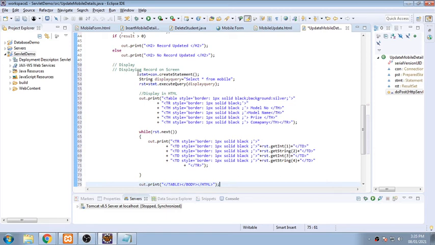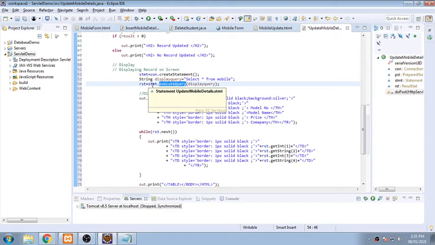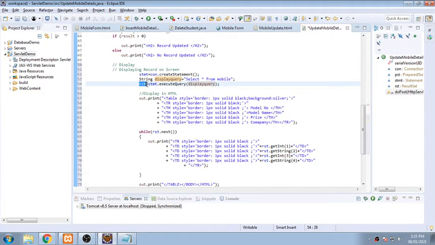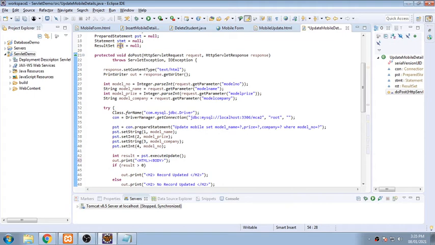So now what is there in this display? The statement object I have created, that is statement is equal to con.createStatement. I will be firing a query, that is select star from mobile, and this query will be executed using the executeQuery function, that is statement.executeQuery, and the query will be passed as a parameter to this function, and it will be returning a result set, that is RST is nothing but your result set.